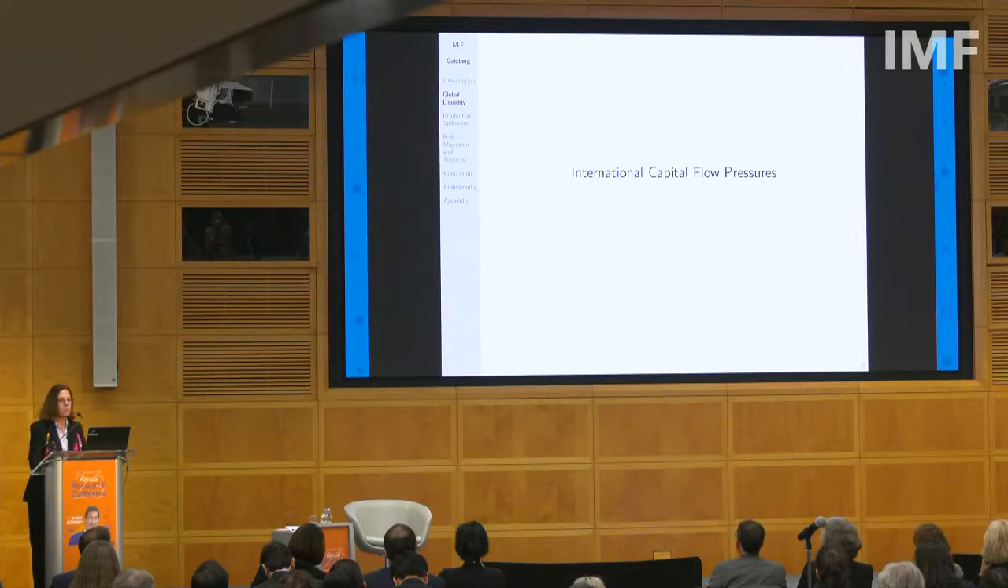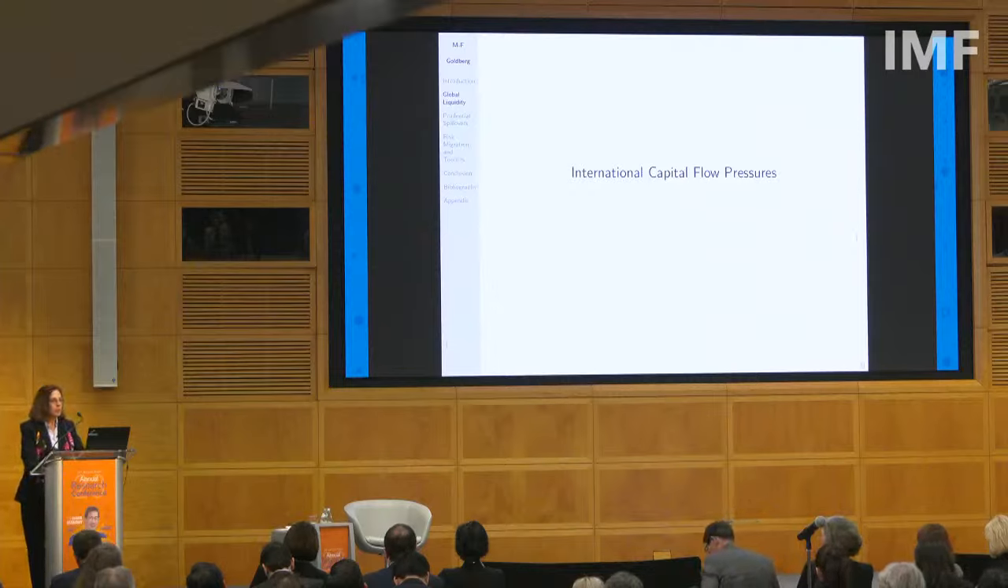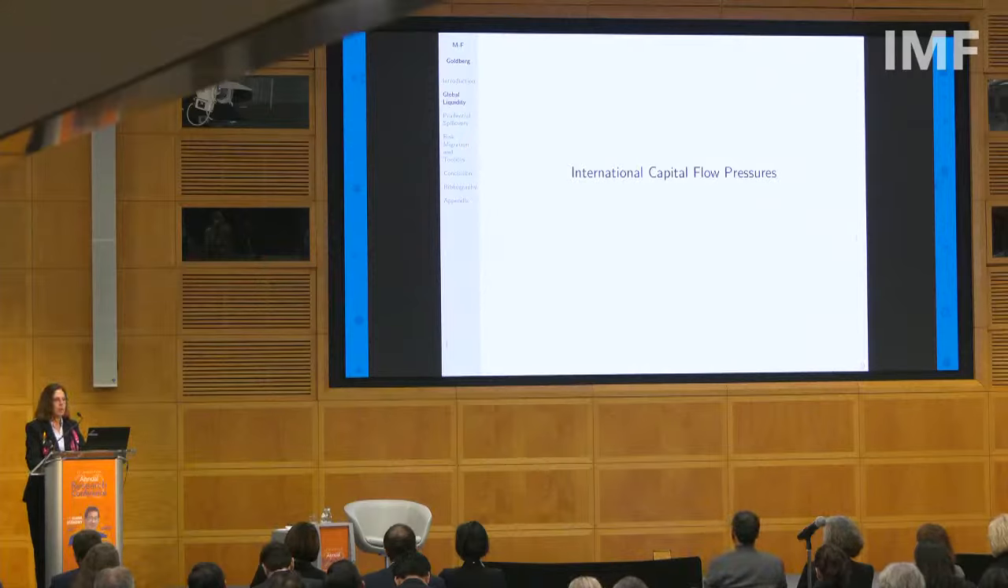Okay, so we'll start with international capital flow pressures. International capital flow pressures manifest as an excess demand for foreign currency relative to domestic currency. Global liquidity is a big portion of these flows. Exchange rates are frequently used as indicators of these international capital flow pressures. However,